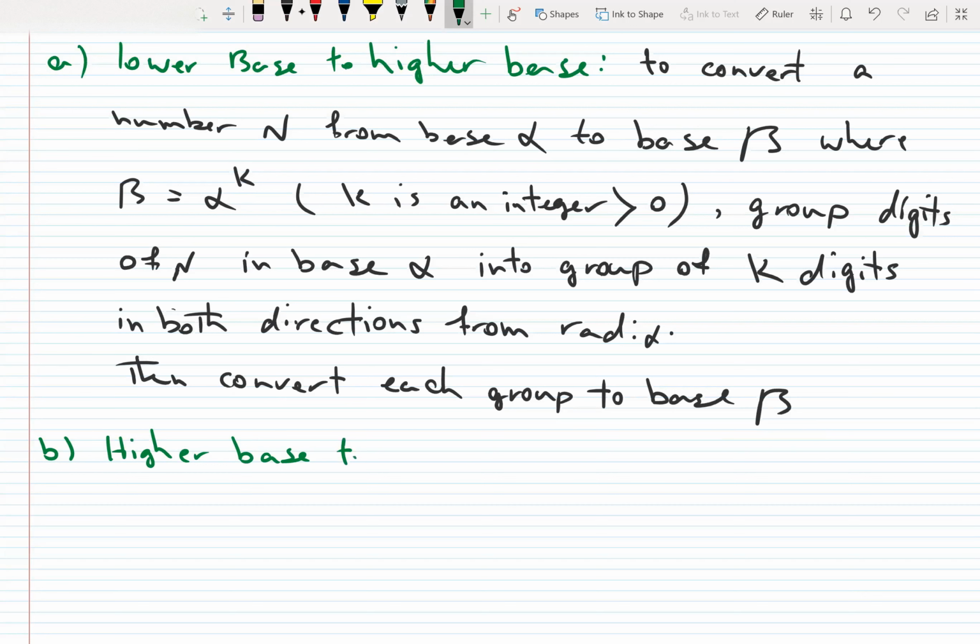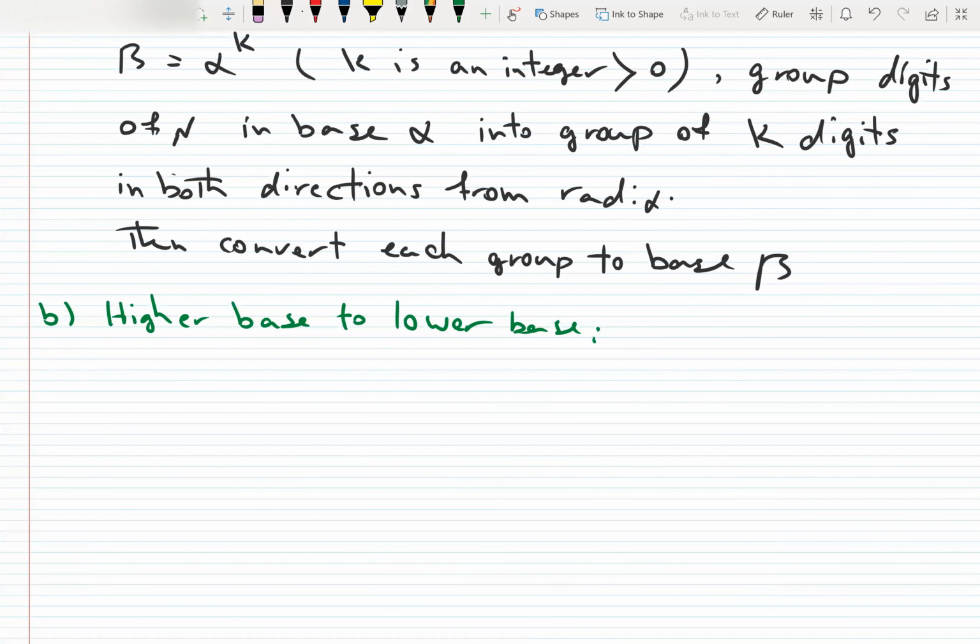From higher base to lower base, what we do is easy: to convert n from base beta to base alpha,